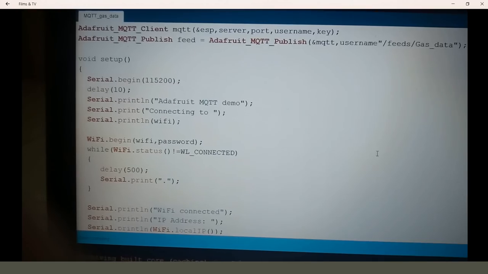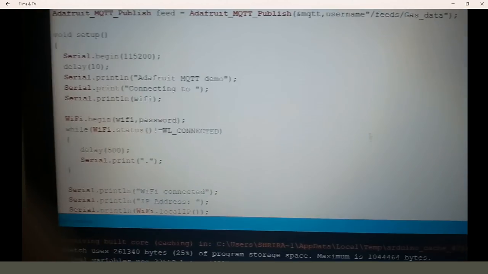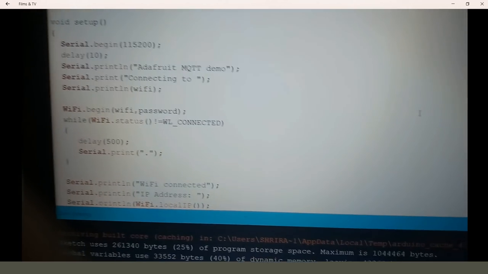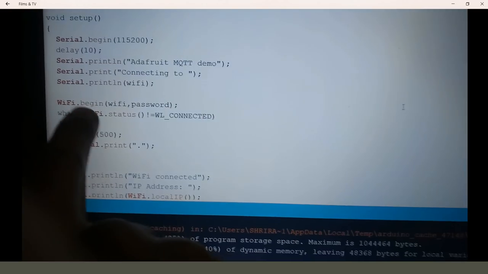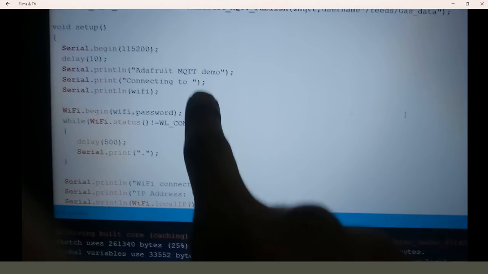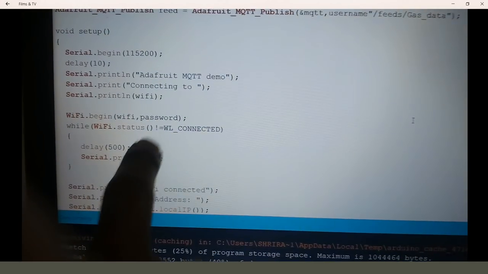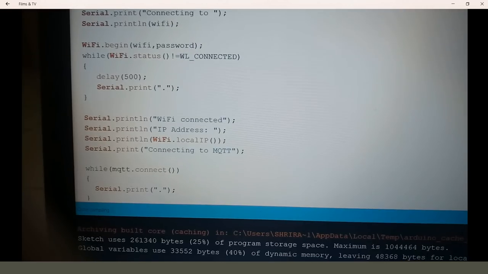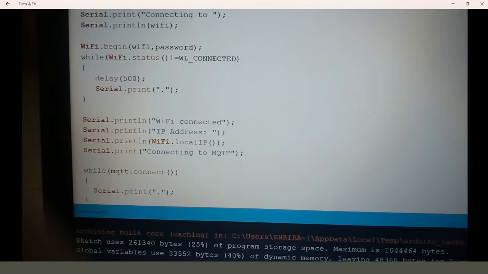Now I am going to connect to the Wi-Fi, and you can see here WiFi.begin with the Wi-Fi name and password. If it is connected properly, that's all fine. If it is not connected, I need to look into that also. Now I am just printing Wi-Fi connected, IP address, etc. Now let us go to the next level,